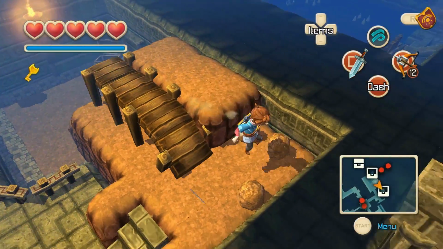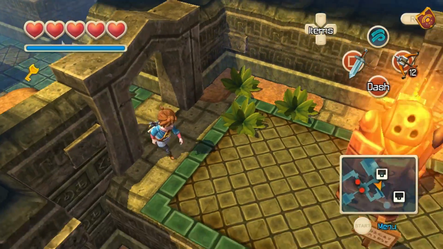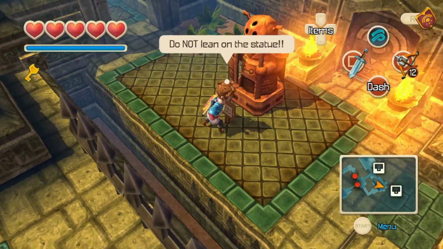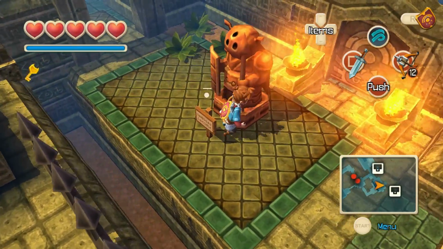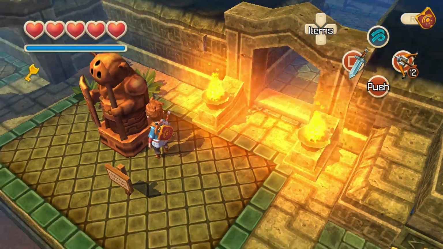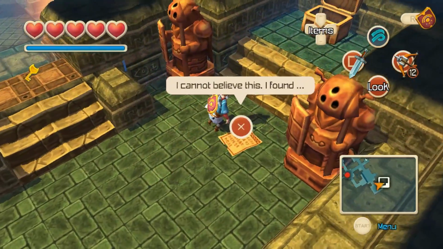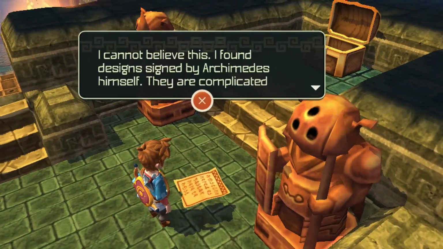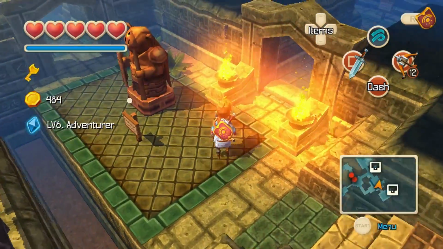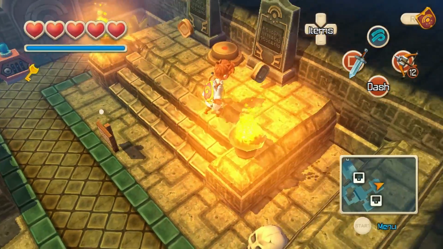It's kind of hard to talk about this game because everything that it does is really obvious. Like, do not lean on the statue. Obviously, that means we have to lean on the statue. If I can just get around here. Interacting with the right thing at the right time is kind of annoying sometimes. There we go. I'm gonna sneeze. It's kind of hard to talk about this game just because of everything that it does so similarly to Zelda that I feel like everything speaks for itself at this point. There's not that much...